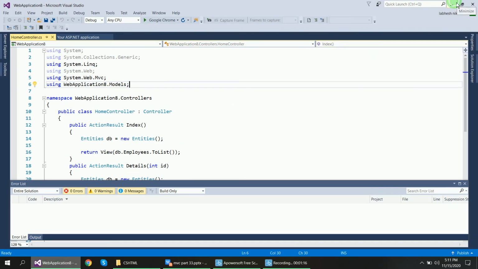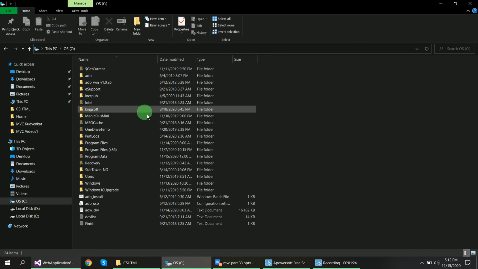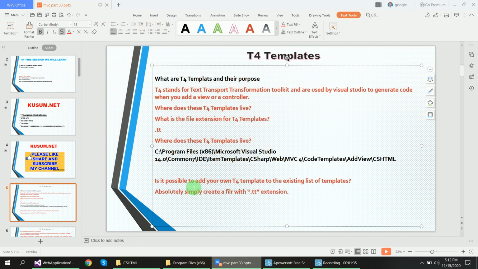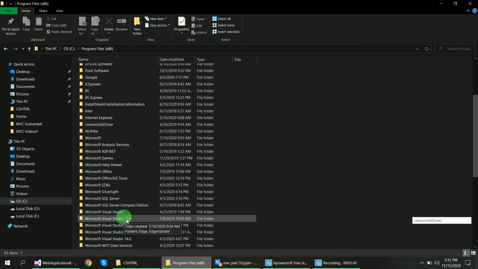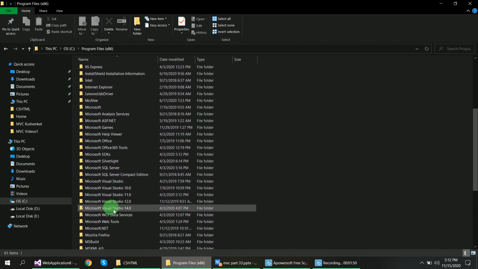We will go to the C drive, Program Files (x86), and Microsoft Visual Studio 14.0, because I have Visual Studio 2015 installed on my PC.